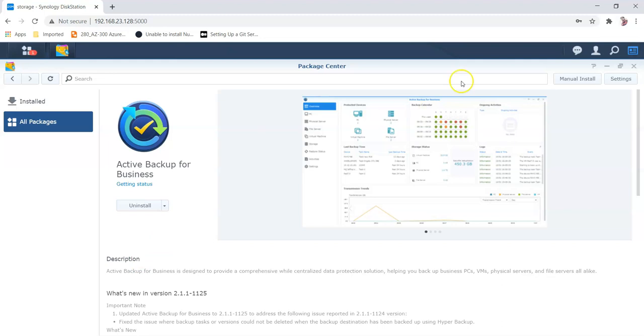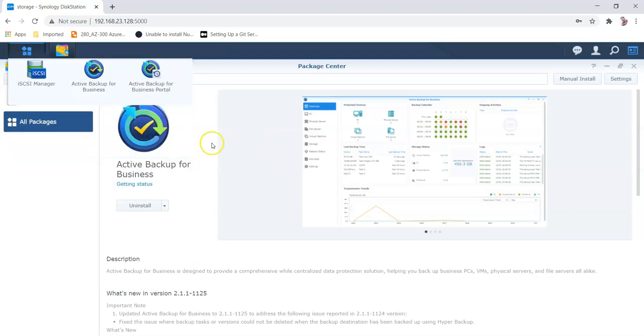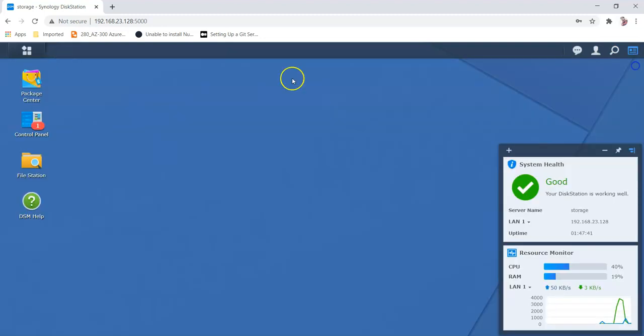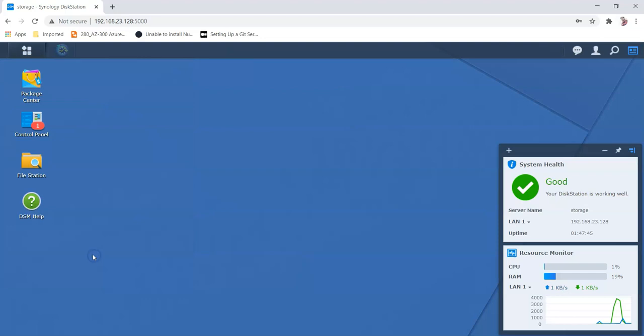Once it's installed, you will be able to see the status under the main menu, Active Backup for Business, or you can see here that it's already installed. So I'll close the Package Center, go to the main menu, and open Active Backup for Business.